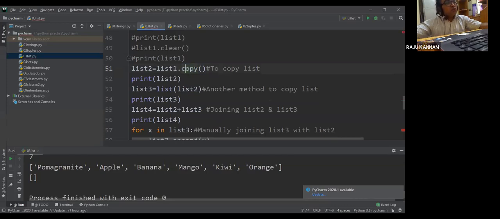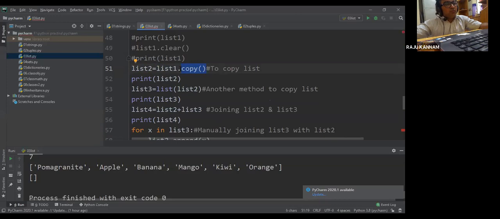Okay, so how can we do that? I want to make a list 2, but what are the elements of list 2? I will copy the elements from list 1. For that you need to apply the name of the list you want to copy, dot copy. So I want to copy list 1 into list 2.